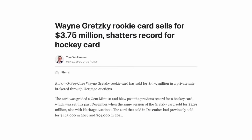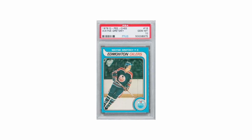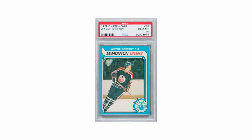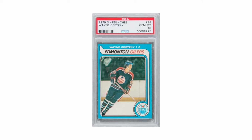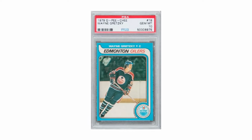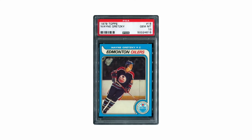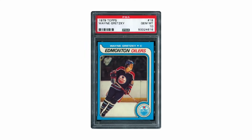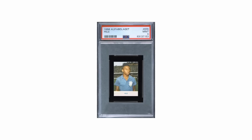One of those sold for $3.75 million in 2021. The only other PSA 10 had previously set the record for the most expensive hockey card, having sold for $1.29 million just 5 months earlier. The Topps version of the card has also crossed the $1 million mark, but in hockey, nothing tops the OPC Gretzky. Now let's talk soccer, and the one player that has broken the $1 million barrier, Pelé, and his 1958